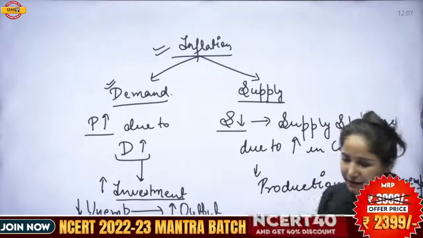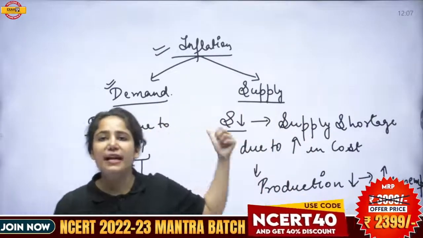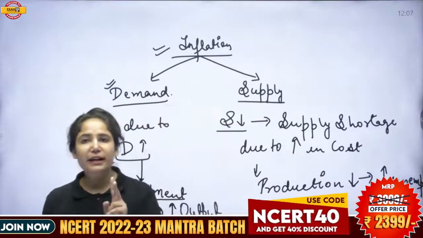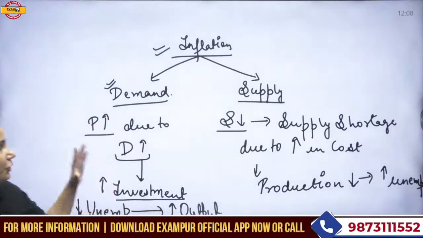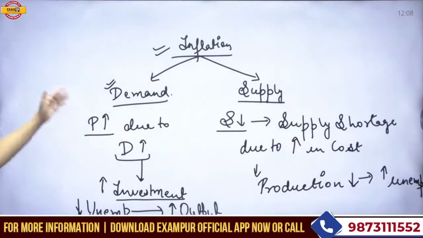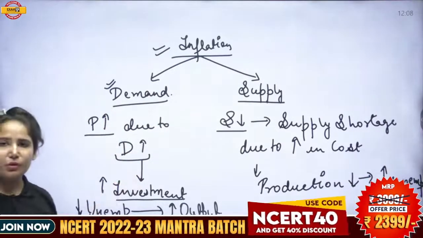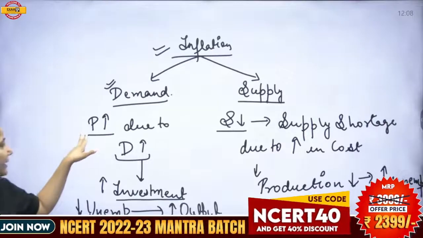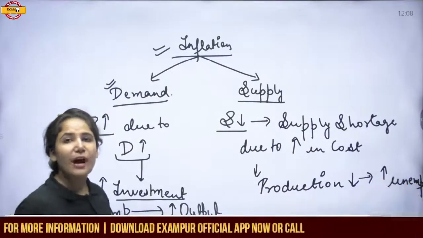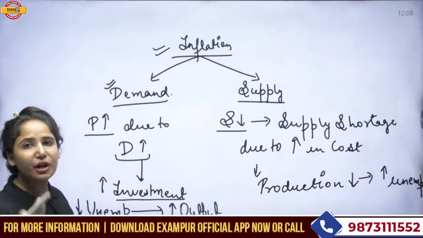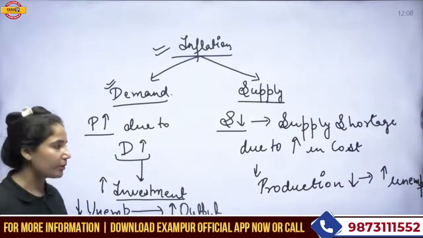We can divide the inflation segment into two parts, where you can see the positive side and the negative side both. First of all, you are required to divide the segment on the basis of demand and supply. If you are raising the demand more and more, it increases the price level. The prices have gone up. Why is there an increment in prices? Because you are making more and more demand in the economy. If there is more and more demand in the economy, it means what?